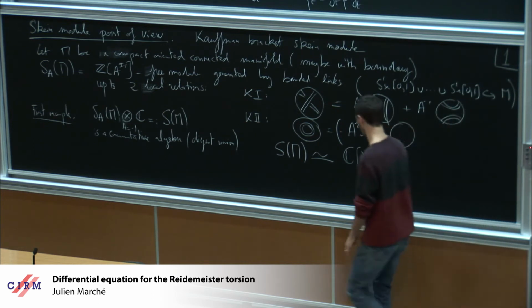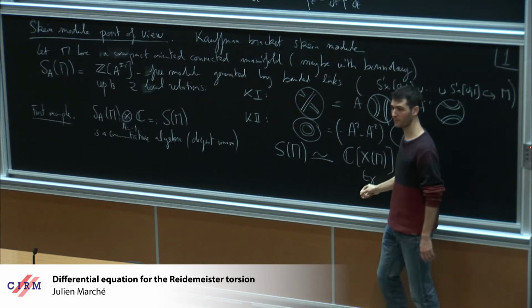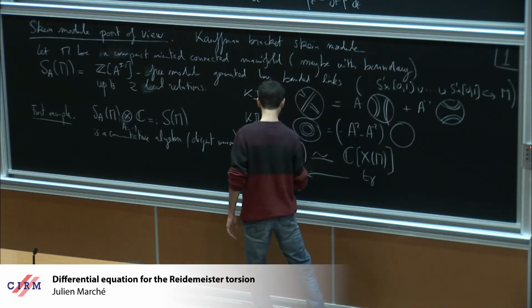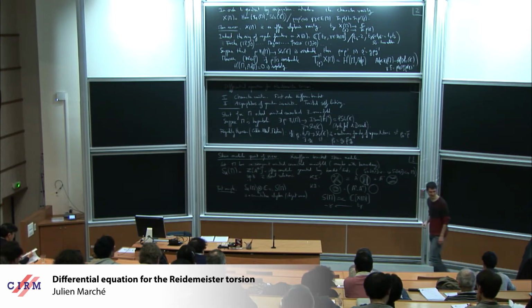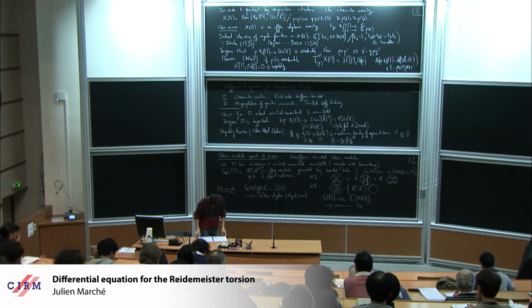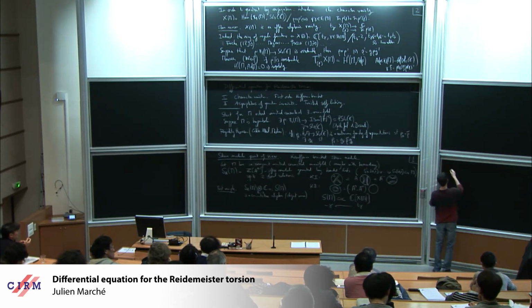The way it is related is that the trace function T gamma, so there is a small trick here, is the same as minus gamma. So there is a small sign everywhere, but not very important. So it's exactly the algebra of functions on the character variety. So what do we expect for a typical manifold? I should have said that before.